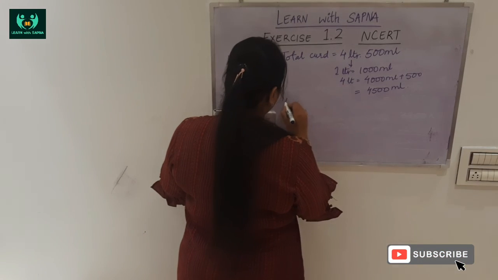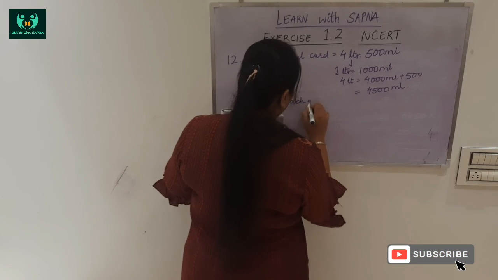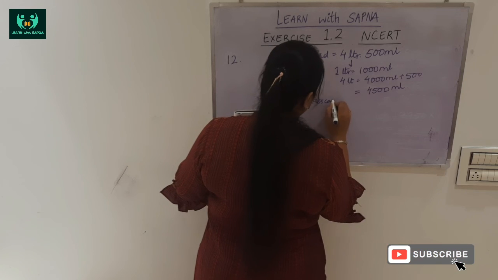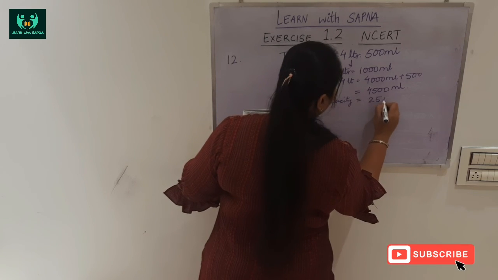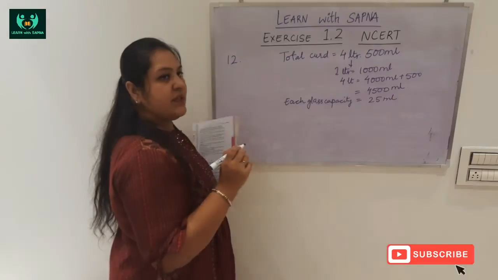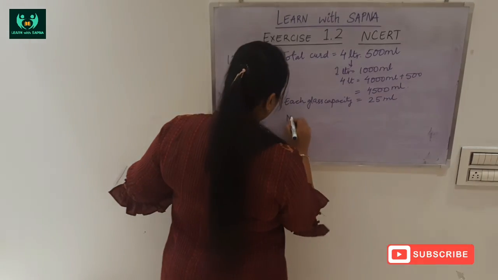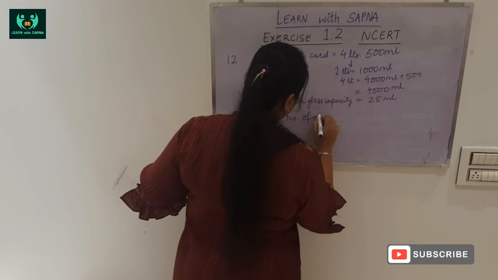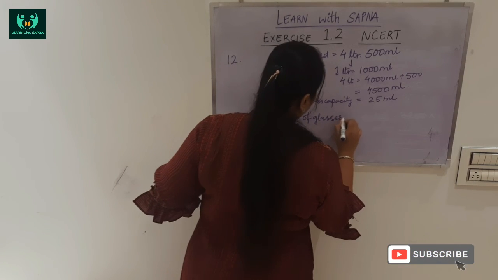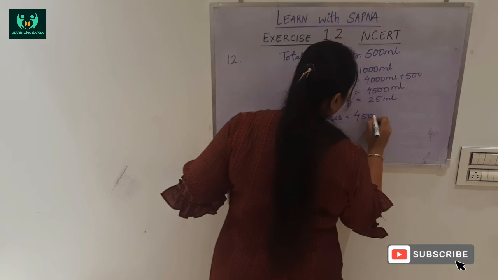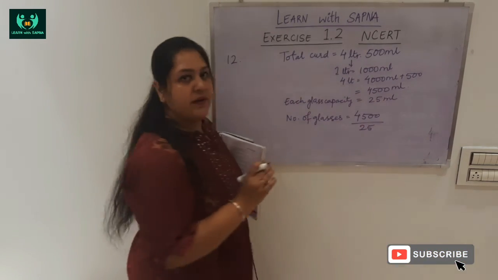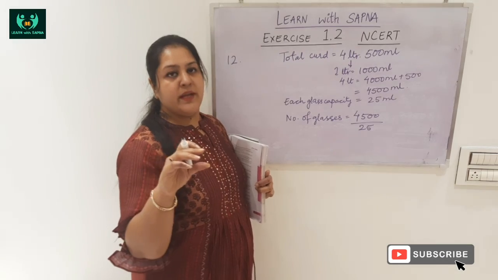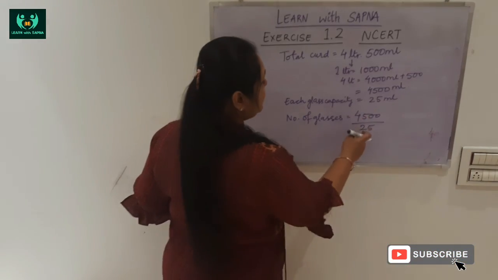Now each glass capacity is what? 25 ml. Each glass की capacity हमारी 25 ml है. So number of glasses कितने हो जाएंगे हमारे जो हम उस कर्ड से fill कर सकते हैं? That will be total capacity divided by each capacity. Total हमारे पास 4500 ml है. Each glass में 25 ml रहेगा. तो कितने glasses हम भर सकते हैं? We'll simply divide